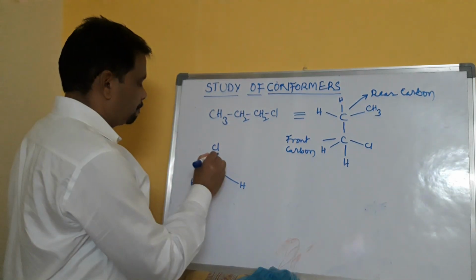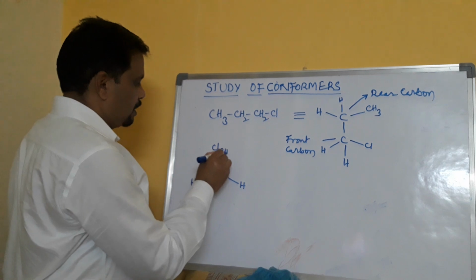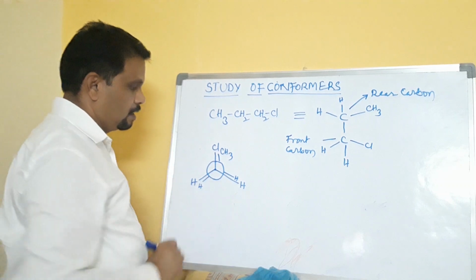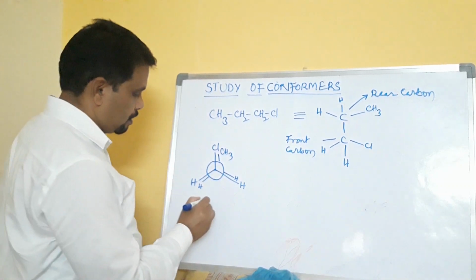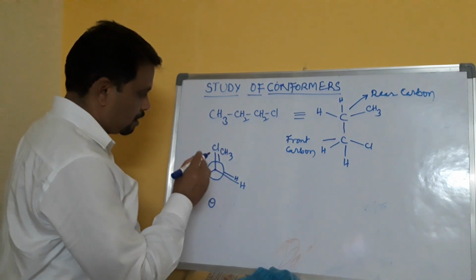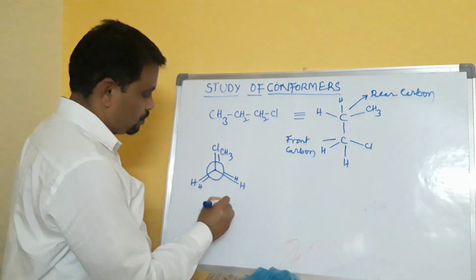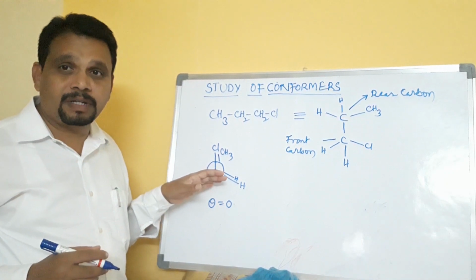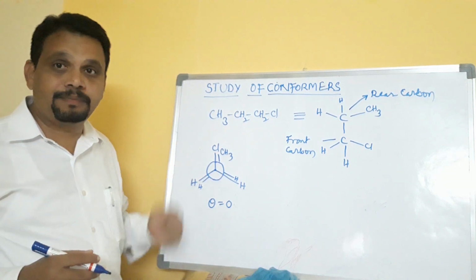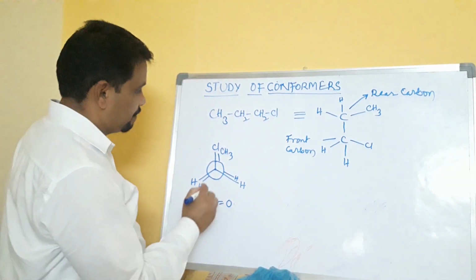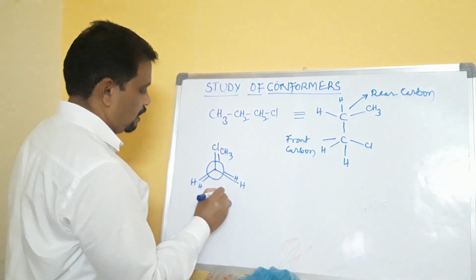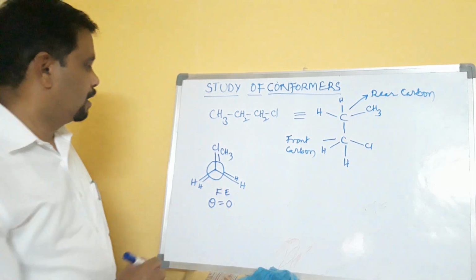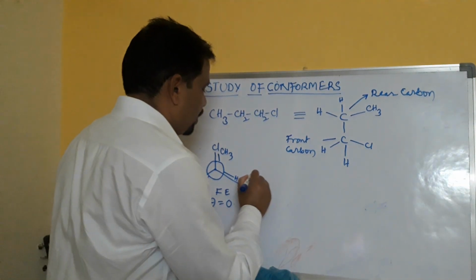It has CH3, hydrogen, and hydrogen. That means the dihedral angle between the two planes is equal to 0. At 0 degrees, this conformer exists as the fully eclipsed conformer. Then on 60 degrees rotation